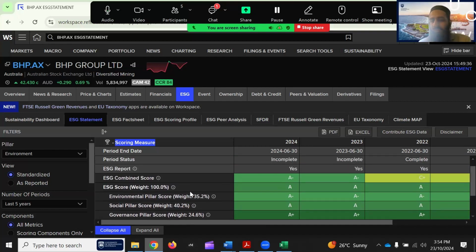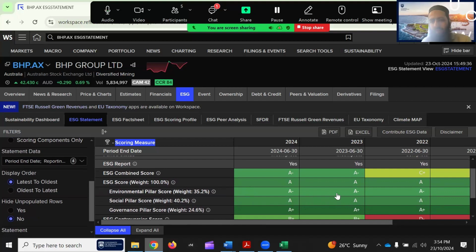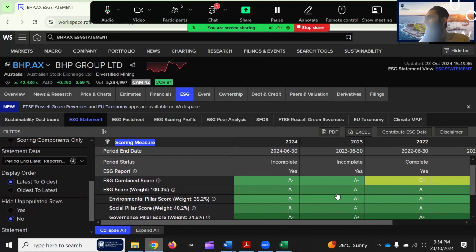Yes. Incomplete, what is incomplete? There seems to be data. So what is incomplete here? Yeah, it could be that they are still verifying and making sure that everything is working appropriately. So they have the audit process. And normally it takes time, because public companies release the data for 2024 for the financial year; there will be data in the annual report, the sustainability report will have data, and some of the data will be available earlier. So it could be, we can check their methodology, that as more information comes in and the audit process is complete, they change the incomplete or partial reports to complete.